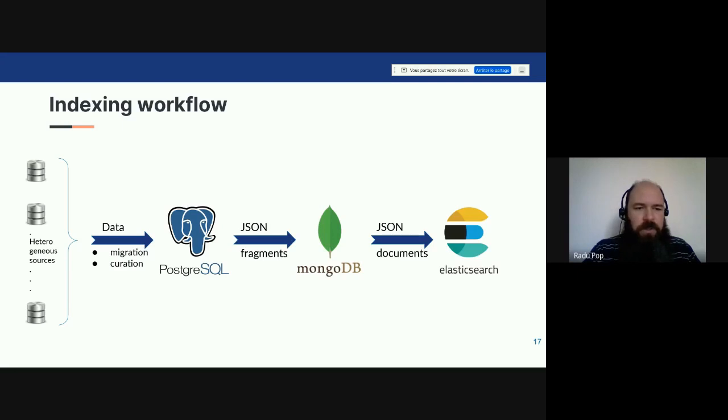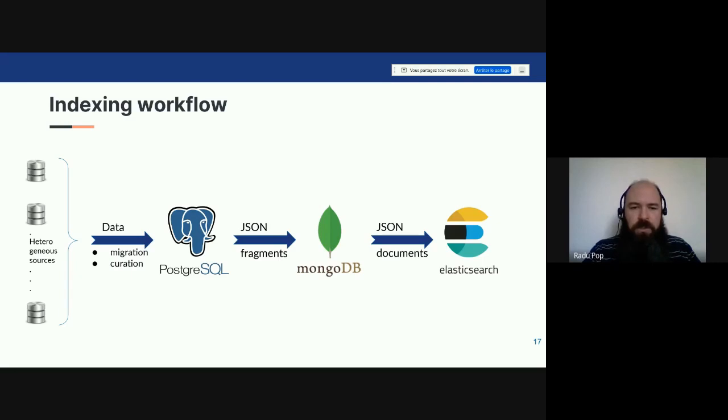We have the different sources, very heterogeneous, because some of them represent legacy relational databases that were built along the time. And then there are some transformations that are applied on top of this data in order to obtain a uniform and standard model for the whole collection. So there are some migration and curation actions that are performed by the stakeholders, the users, archivists, to be able to complete the metadata associated to this large content.